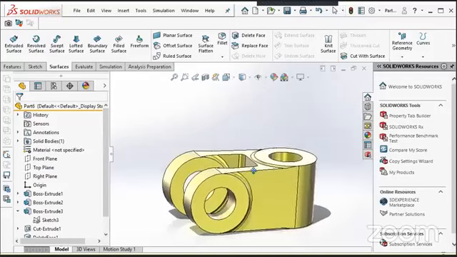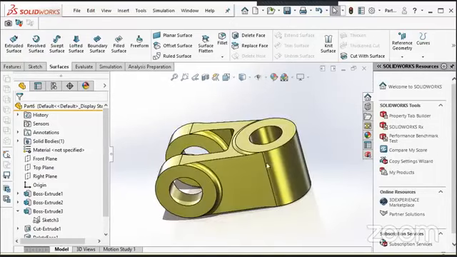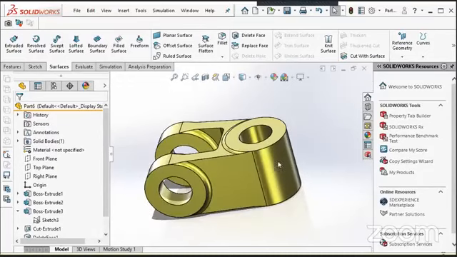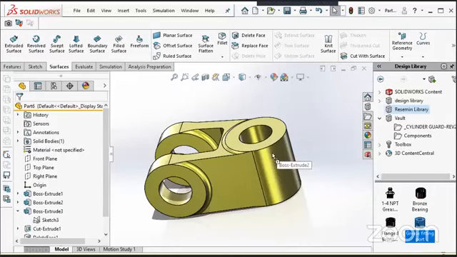So now my part is ready, but there is a part missing inside this one. In this case, actually, I don't have the reference of that part. It is a solid model. So what we need to do is import that CAD data and merge it with this solid body. We'll go to the design library, and here we will select grease fitting and simply drag and drop it to the surface.